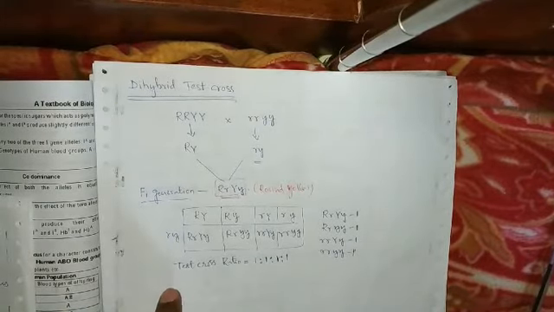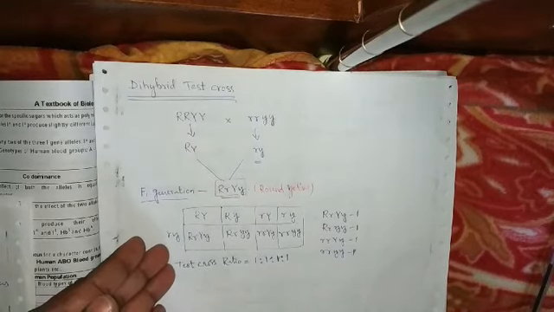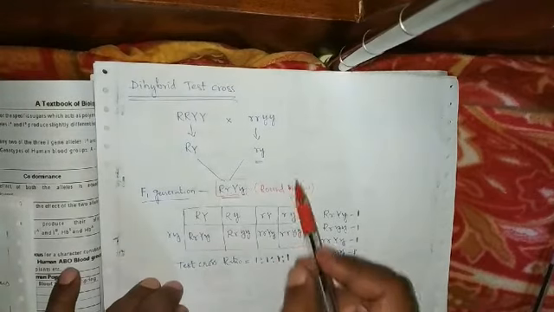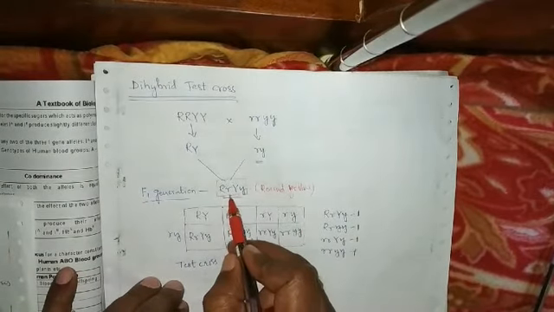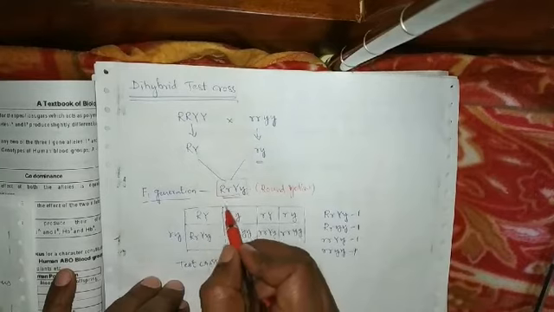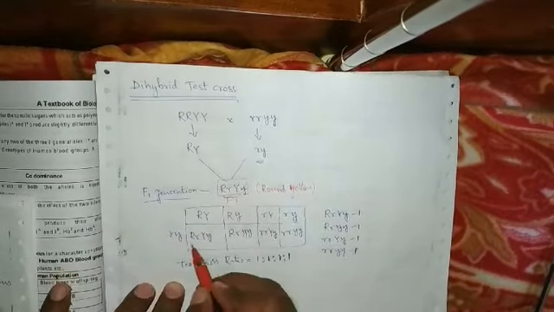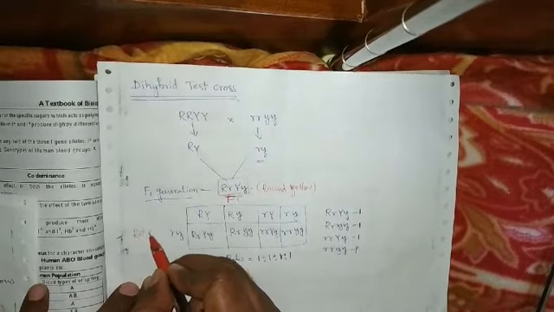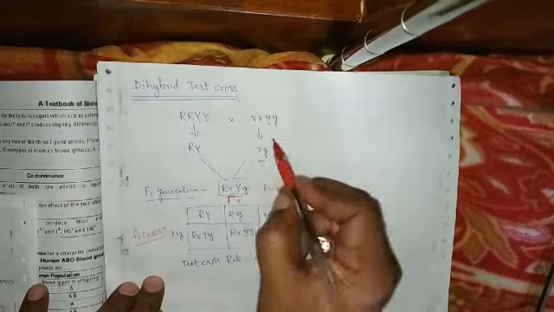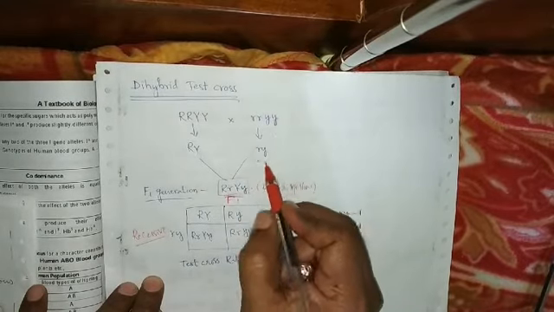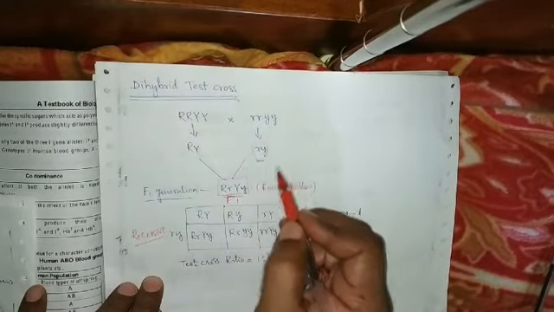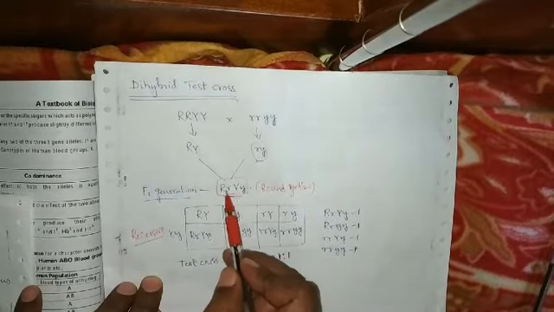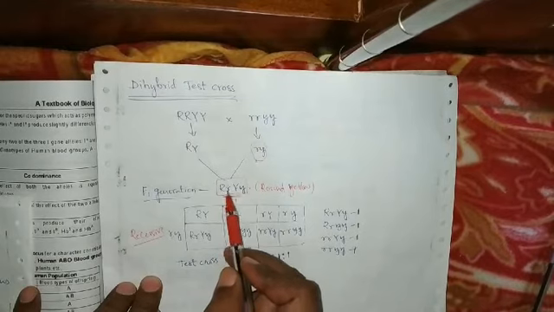So what is meant by test cross? If the F1 hybrid is crossed with the recessive parent, then it is called a test cross. So then what gametes do we get here? 4 types of gametes we get here. This is the F1 hybrid gamete. This is the recessive parent gamete. So what is the recessive parent? Small r, small r, small y, small y. What do we get here? Small r, small y gamete we get. This small r, small y gamete is fused with the gametes of the F1 hybrid. What are these gametes?